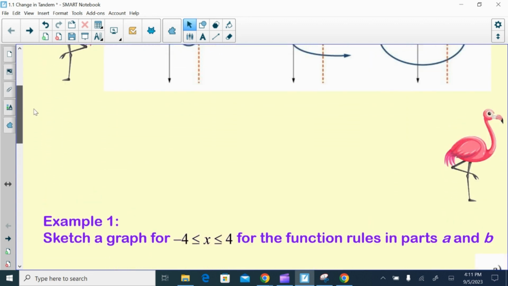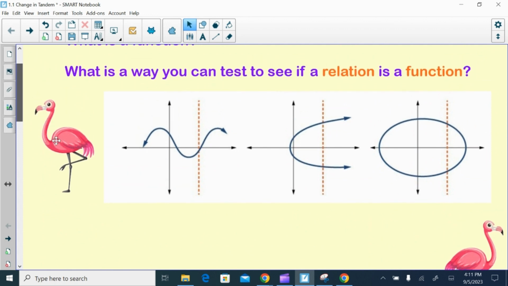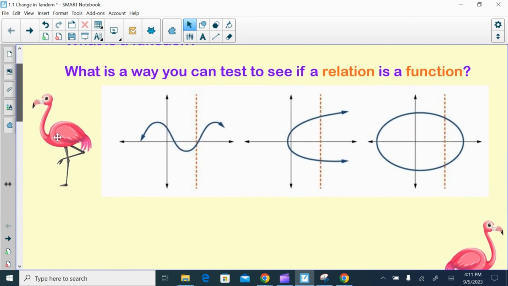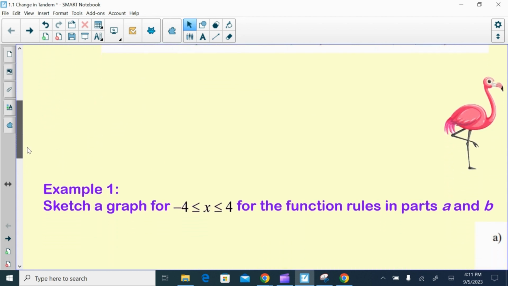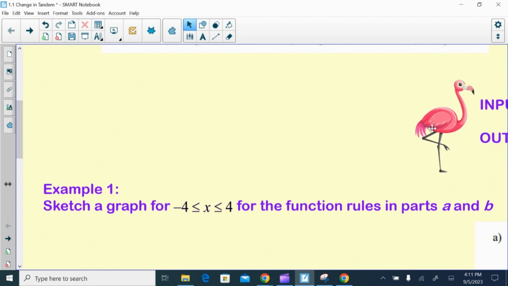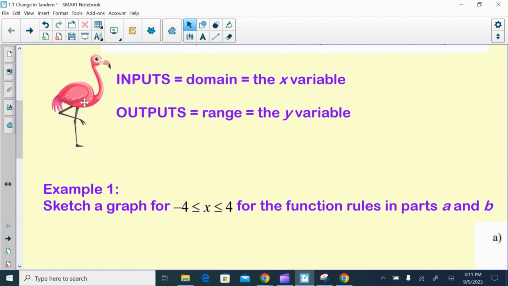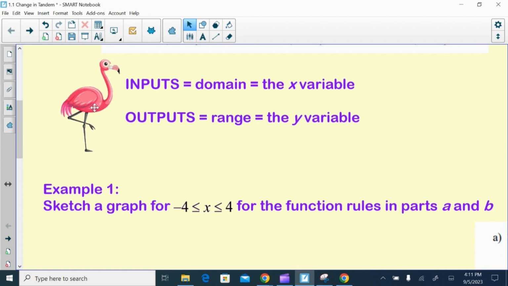And then I like to pull things out one at a time when I'm doing my Smartboard notes, just because I feel like if they can see everything at once, they're not quite thinking as much as if I just give them little pieces of information at a time. So after we have this discussion about the vertical line test and what makes a relation a function, now I'm giving them some